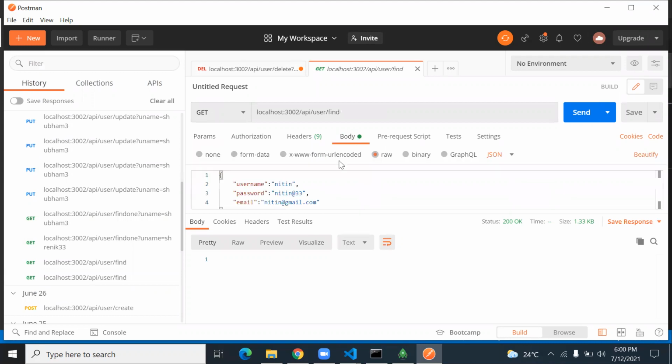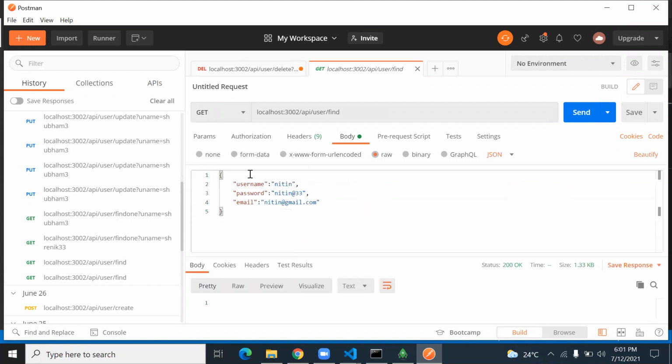Now in the body, I'm passing this data. So we'll add some more data. I add first name. Let me add my name. I add last name. Here I type name. Then we add, instead of username, we'll take email. And here I type email address.